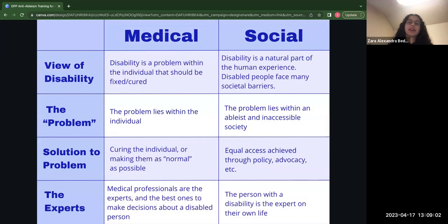Moving on from vocabulary, on this slide, we have a chart explaining two different models of disability, the medical model and the social model. The social model is most widely preferred by disabled people, as it's more holistic and accurate in its framing of the disability experience. There's also a third model known as the cultural model, which has more recently emerged as another way of looking at disability that's also supported by many people with disabilities.